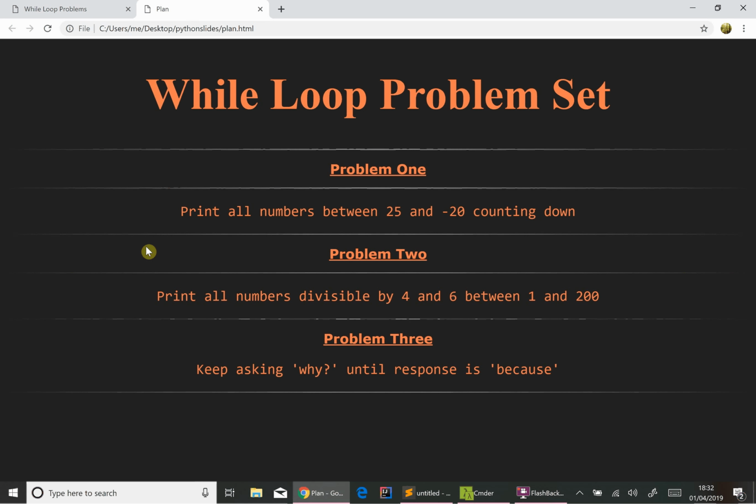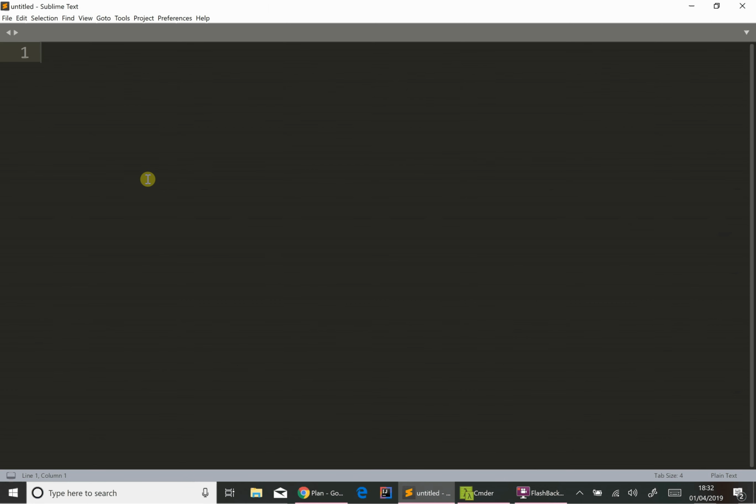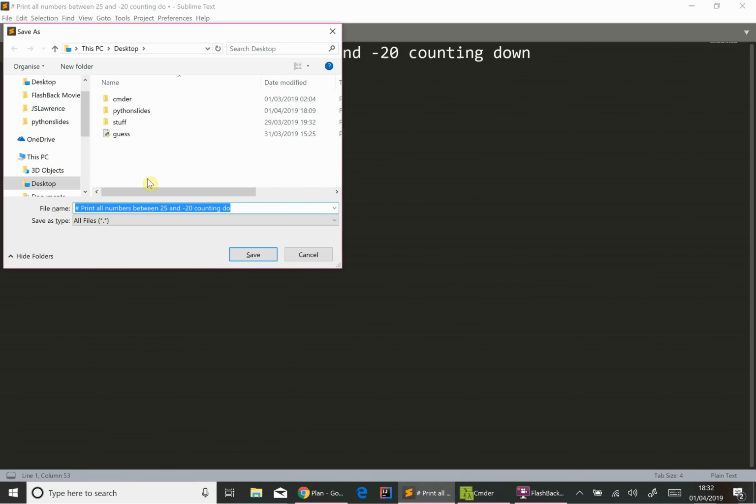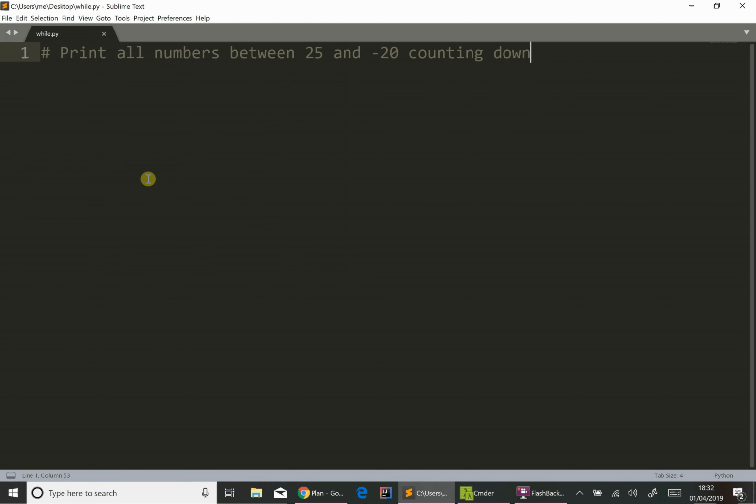So problem 1 is print all numbers between 25 and negative 20 counting down. I'm just going to paste that as a comment here. Right, let's save this as while.py will do. And let's set up a count variable starting at